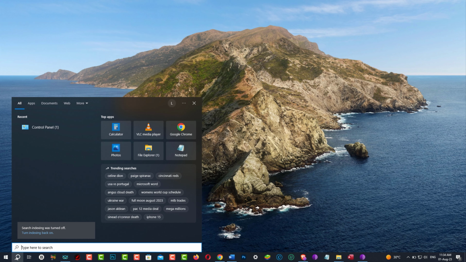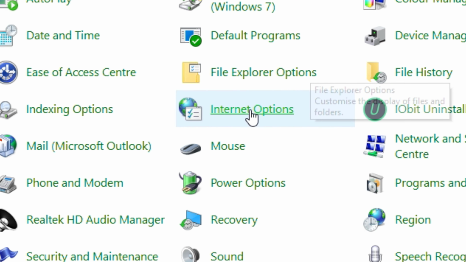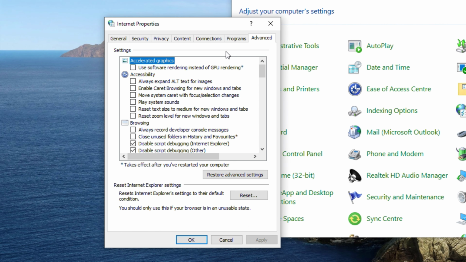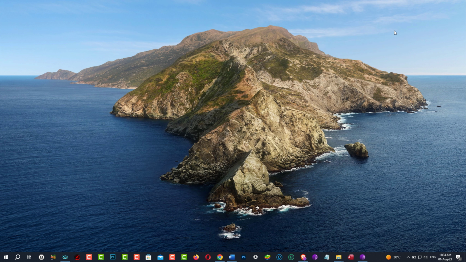So the first thing you should do is go to Start and search for Control Panel. And from there, go to Internet Options. And from there, go to Advanced tab, and just click on Restore Advanced Settings, and then click on Reset, and finally click on Close, and this will reset the Internet options on your Windows 10. But if this doesn't fix your problem, then the next thing you can do is